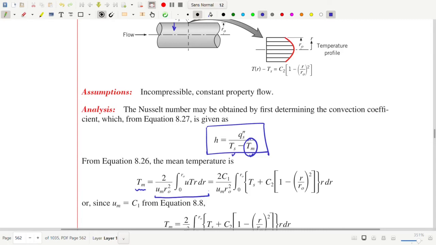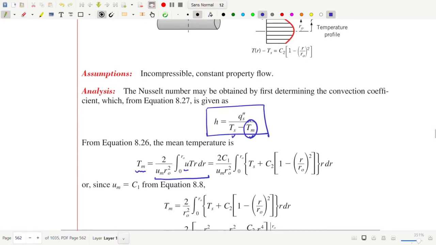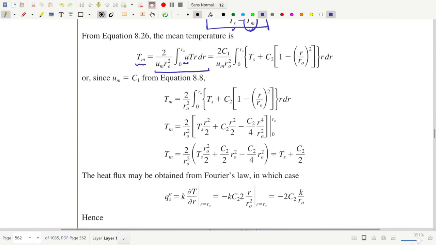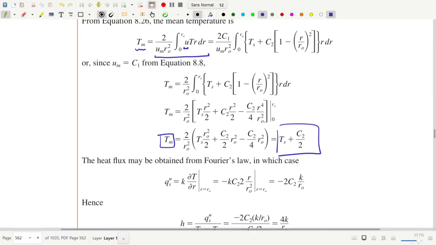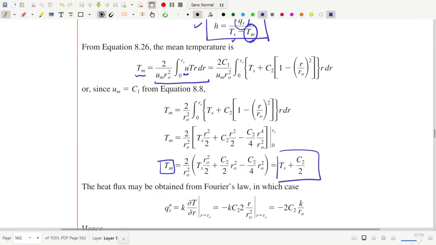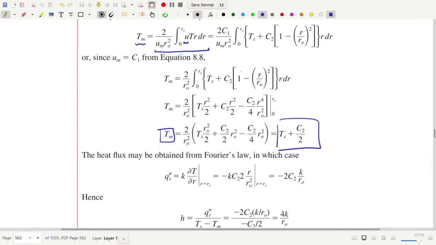So we can simply evaluate this, and as this advection integral requires the flow velocity, that already is given as a constant at that cross section. So when we substitute all these values, we end up getting the T mean as Ts plus C2 upon 2. The good thing is that this relation simply gives us the value of T surface minus T mean, the difference of the temperatures. Next, for the evaluation of h in this formula, we need to calculate Qs double prime. Now since the temperature profile is given, that is all we need to calculate the heat flux,